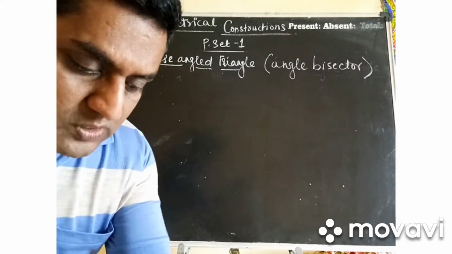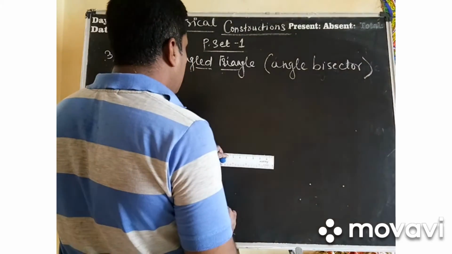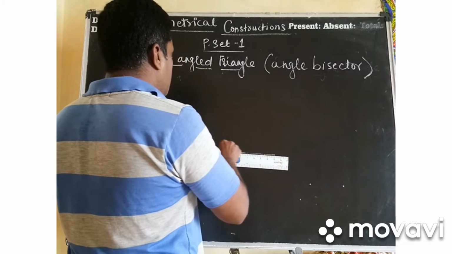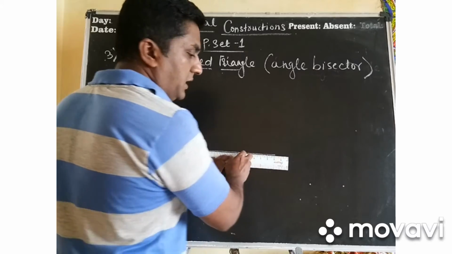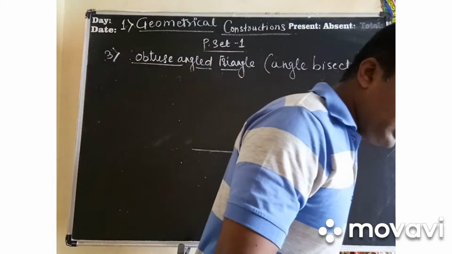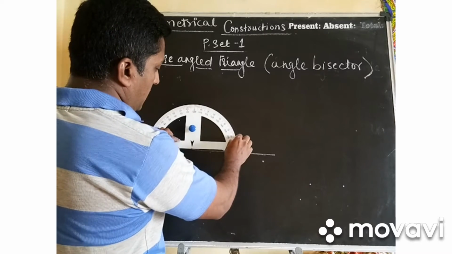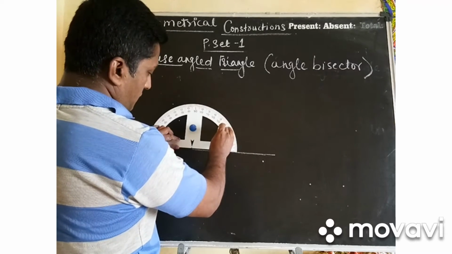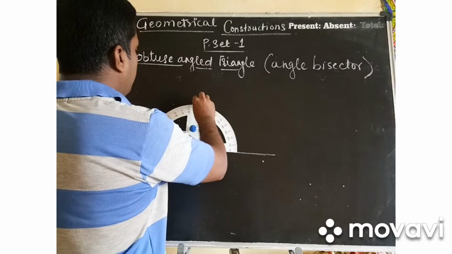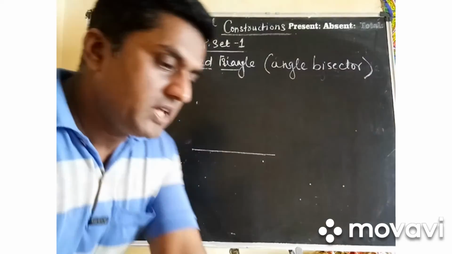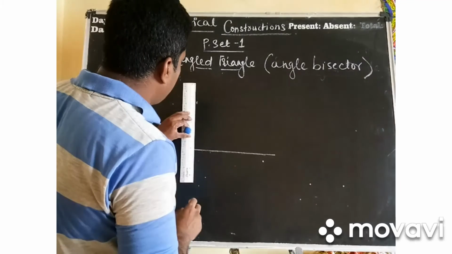A right angle triangle means which triangle, for which you are taking a 90 degree. So this is my base, right everybody? And for making 90 degrees, what I am going to do is hold it here. Here I have held it very nicely, and by holding it I have done this marking, right everybody?